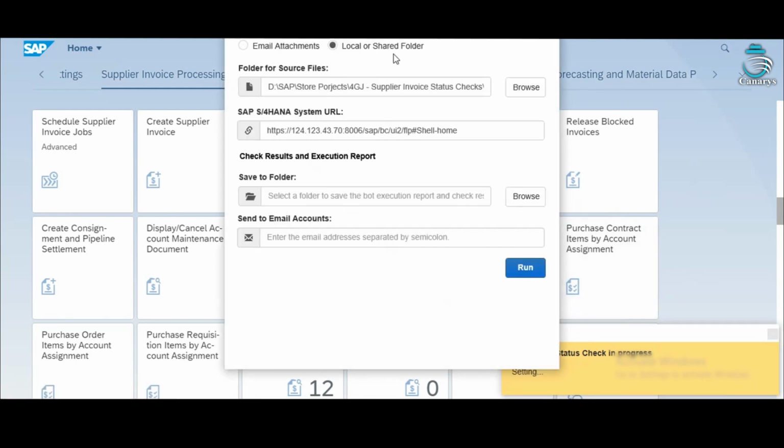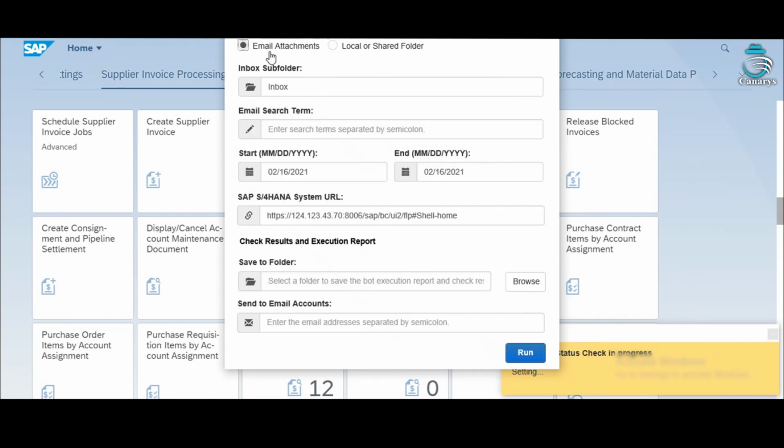The extraction of data can be done in two ways, either by email attachments or by a local or a shared folder. I'll do it through the email attachment first. Here you have to mention where the email attachment is present.